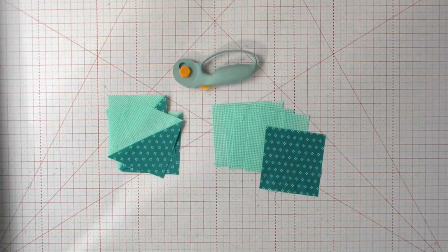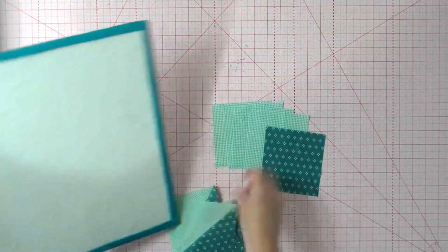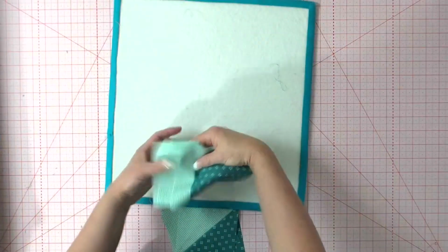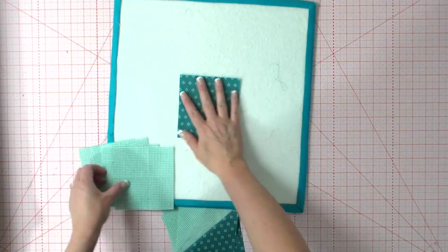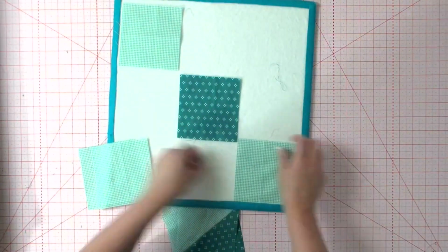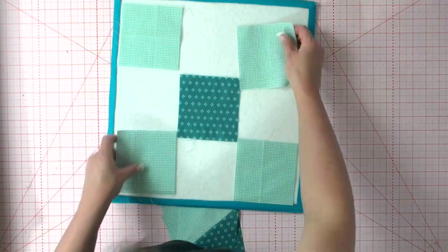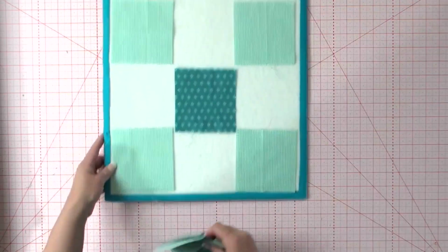Now that I have those all squared up, we're going to lay this quilt block out. So I'm going to get my little design board here. And I'm going to put the dark fabric in the center and the lighter colored fabrics on the corners. And then our half square triangles are going to go in between all of those blocks,